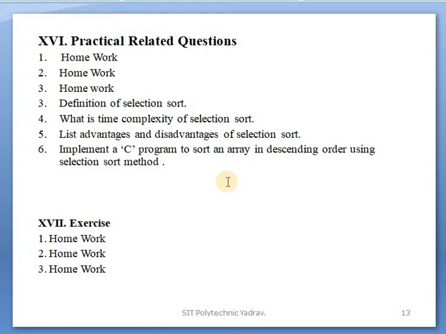It is the same question as the ascending order program, the program is the same, but only one symbol is changed. Keep this symbol in mind and think about which symbol changes in the ascending order program. Only minor changes are there, only for one symbol: the less than and greater than symbols are changed. Think about where it is changed. In the exercise, 3 questions are there which show diagrammatically how to solve the program. You can refer to lecture number 13.